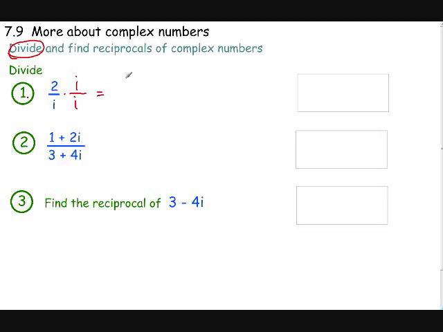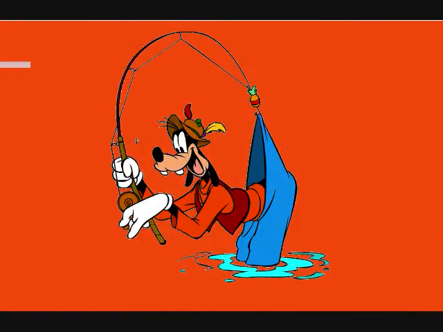That will give me 2i over i squared, which is equal to 2i over negative 1, which is equal to negative 2i over a positive 1, which I would just write as negative 2i. So when you're dividing and you've got a complex number or imaginary number in the denominator, first rationalize your denominator. See how nicely that worked out? On this one,